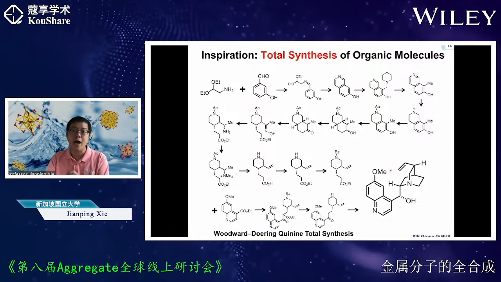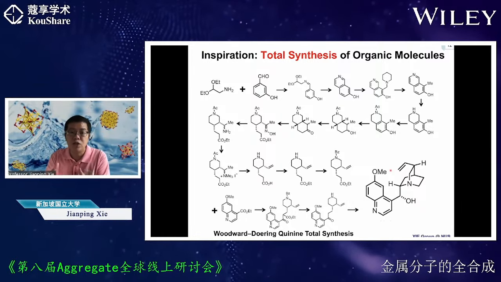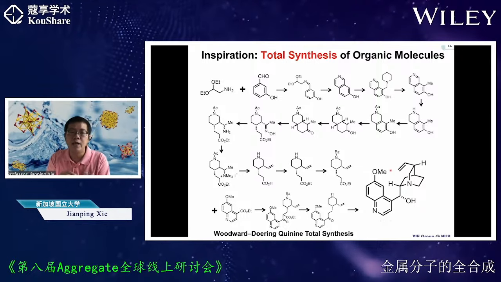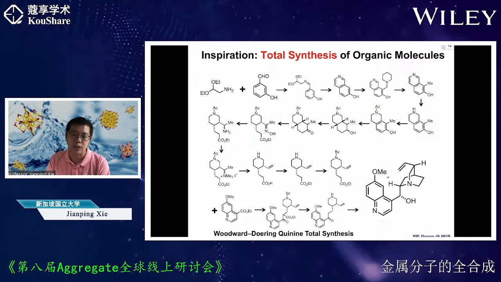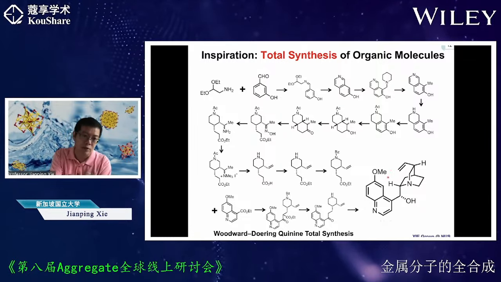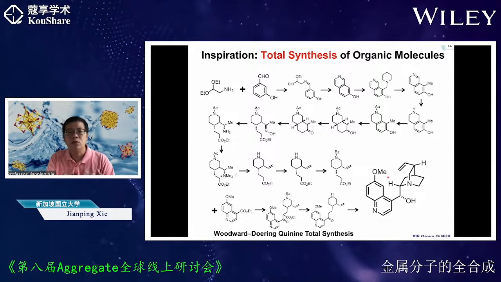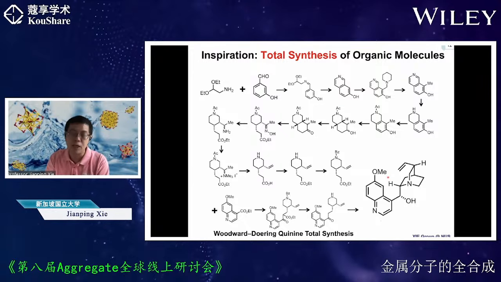So the questions we ask for the metal nanocluster synthesis is, can we achieve the same? Can we identify all these intermediates and then understand the steps involved in the synthesis of these clusters? So the open question, if you go back to the previous slides, is that we need to have a methodology or platform to help us monitor or identify the key intermediates towards the formation of final products.